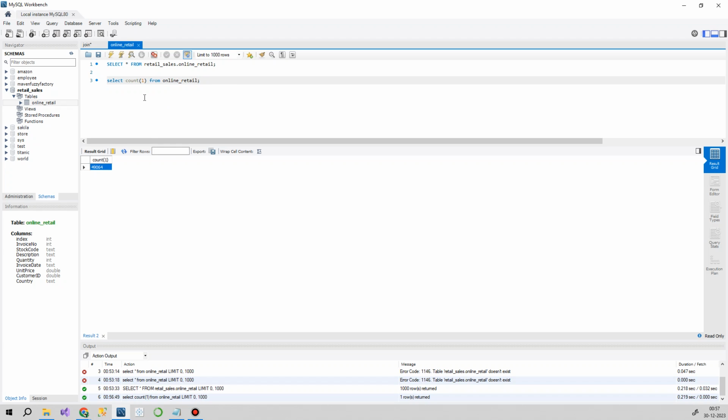Okay, purposely I did not import the entire rows, because at the end I will have